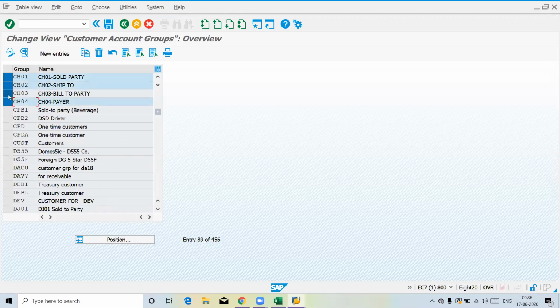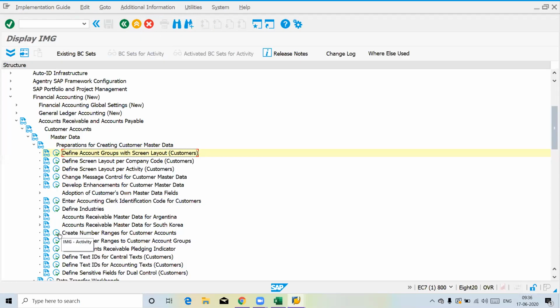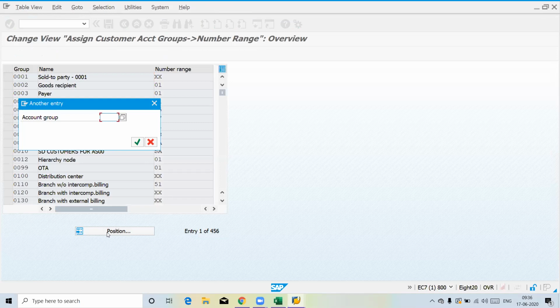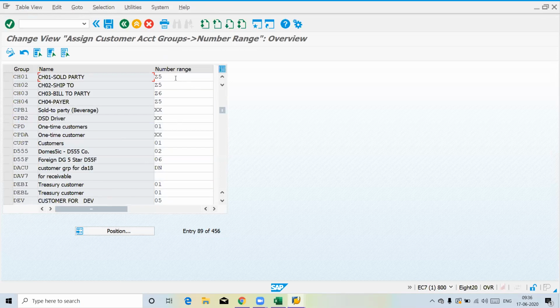Apart from that, we came back and tried to create a number range, but maybe because of some inconsistency we were not able to create it. So what we did was assign an existing number range. We created Z5, Z5, Z6 and Z5. Z5 is what? Go to F4.